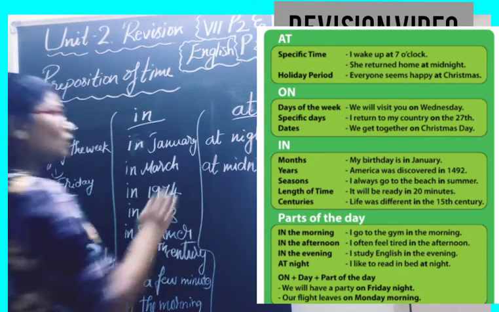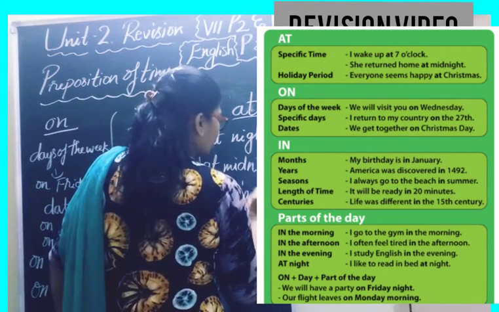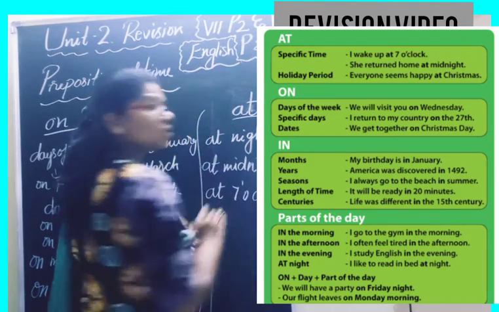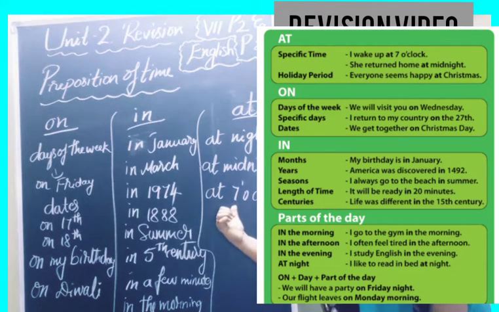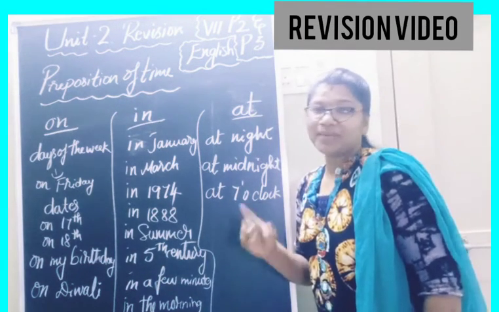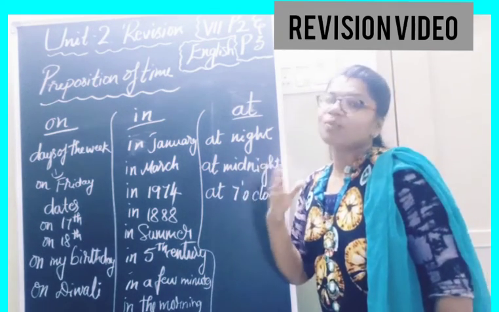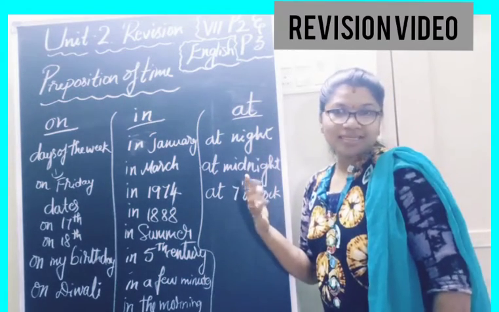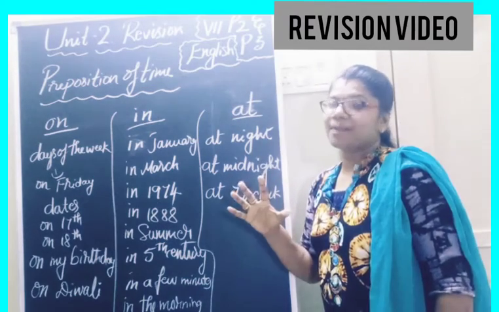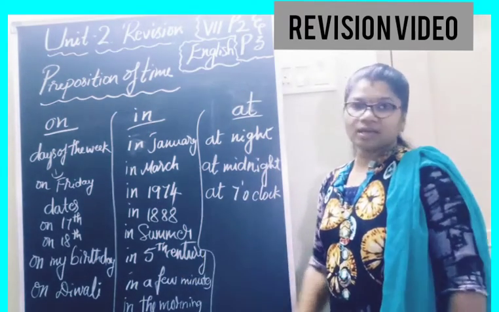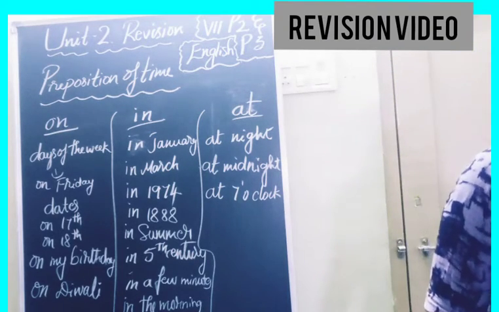And if you are particularly mentioning the time, at 7 o'clock. You should use the preposition at when you are specifically pointing out the time. Like at 7 o'clock. Please meet me at 7 o'clock. I go to school at 7 o'clock. I wake up at 6 o'clock in the morning, not on the morning. I get up every day. I get up at 6 o'clock in the morning. Following me? Yeah, then let's go with the